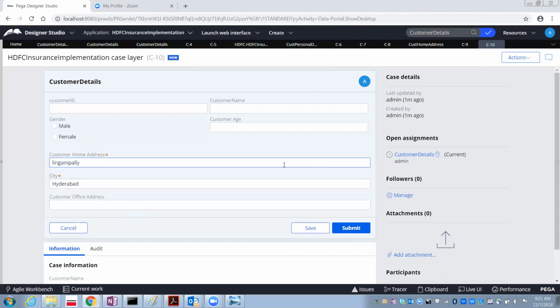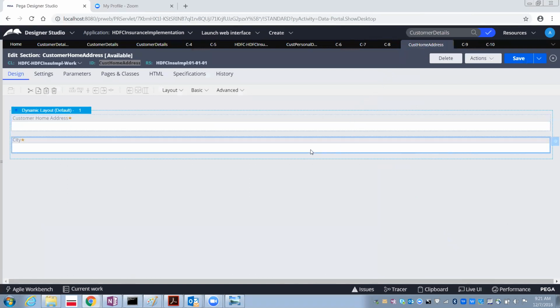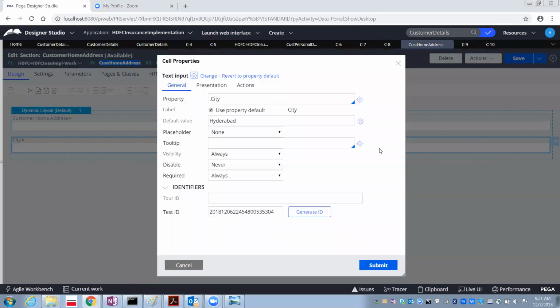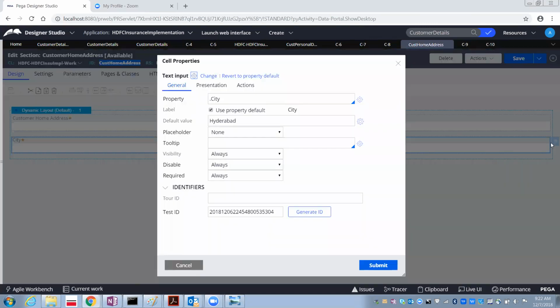So this is one thing. And I would like to apply one more thing as well. So what is that? There is something called disable. So what is this disable? When you go to properties, you will have something called disable, never. In case I make it always, what happens? Can someone identify what we mean by disable? Now I made it disable for the